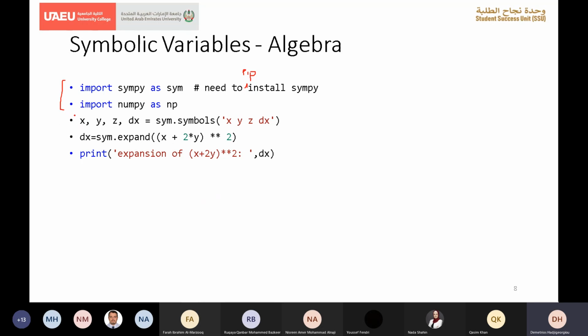So what we're doing here now is declaring our symbolic variables x, y, z, and dx. Once you've done that, you can do things like this. You have an expression here, and you can actually, using the expand function, expand it and print it out. So if you have this type of situation,